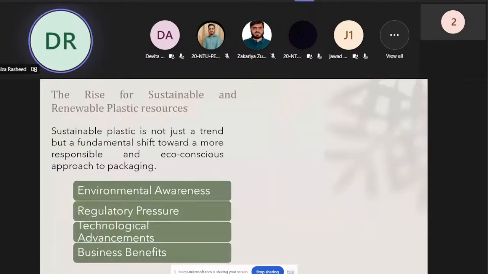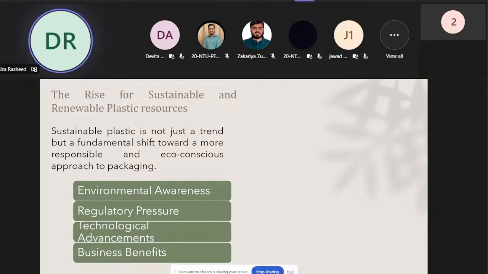So these kinds of events or situations have raised environmental awareness in our population, and we are looking for sustainable alternatives. There are also regulatory pressures from governments in several countries or even several continents. For example, in Africa, they have restricted the use of plastics. We have also seen these practices sometimes in Pakistan as well, and in Europe, of course, we are